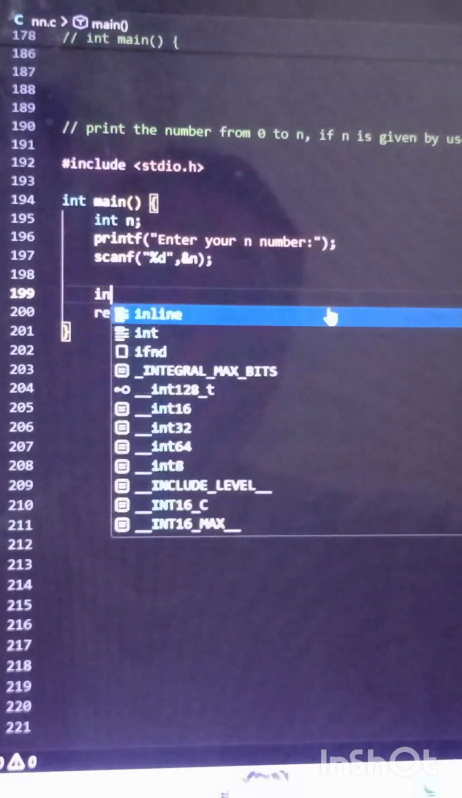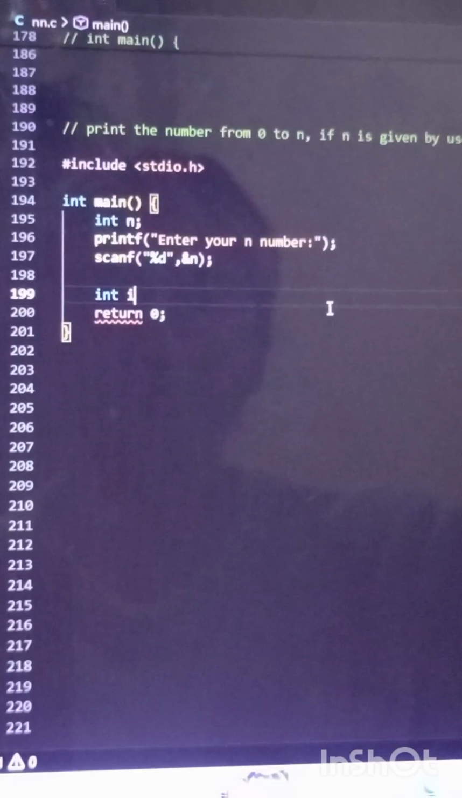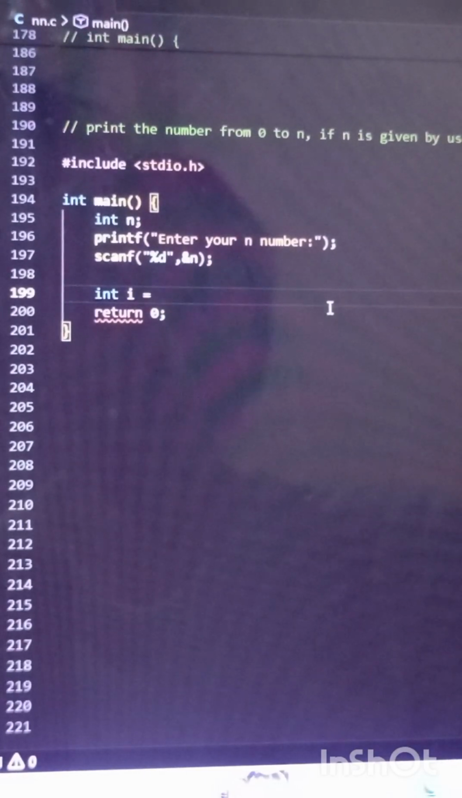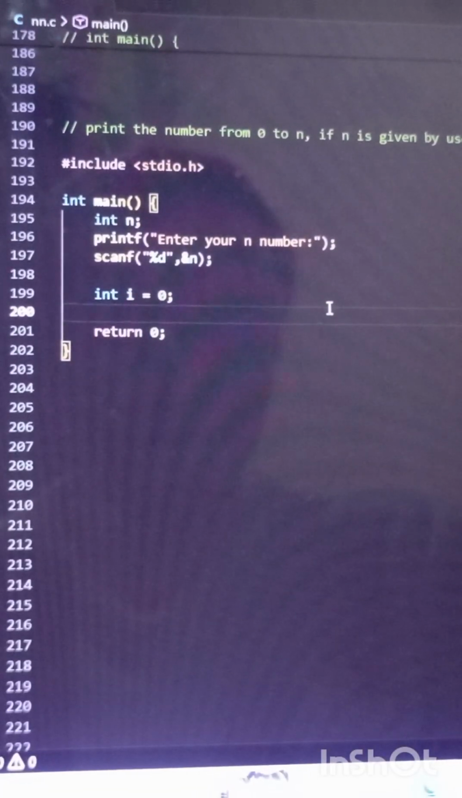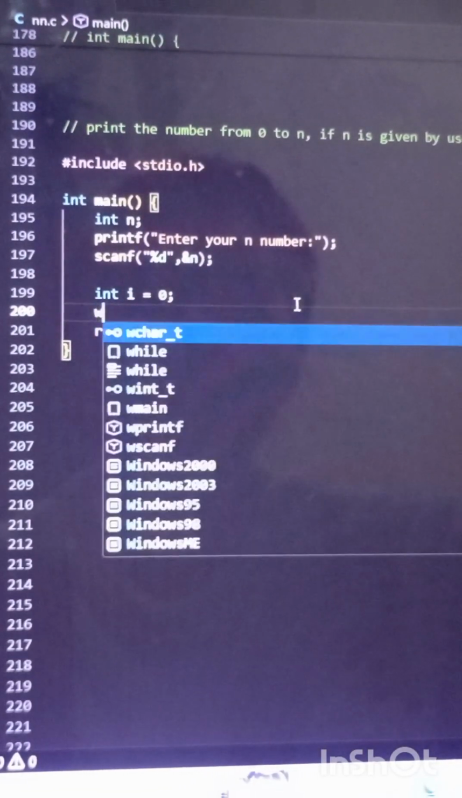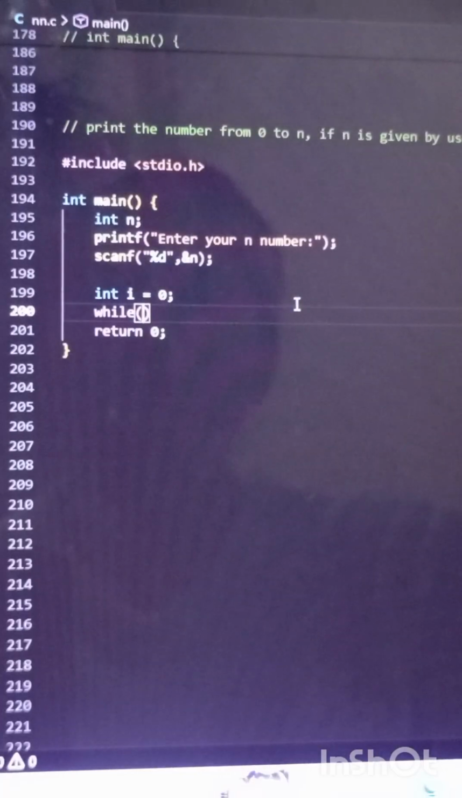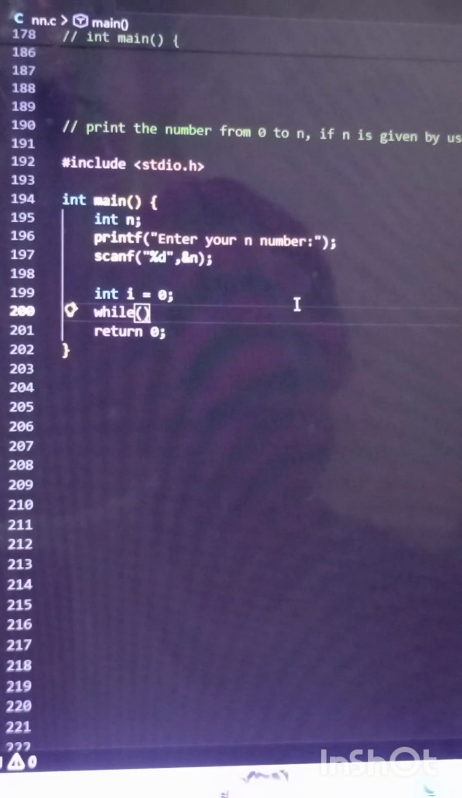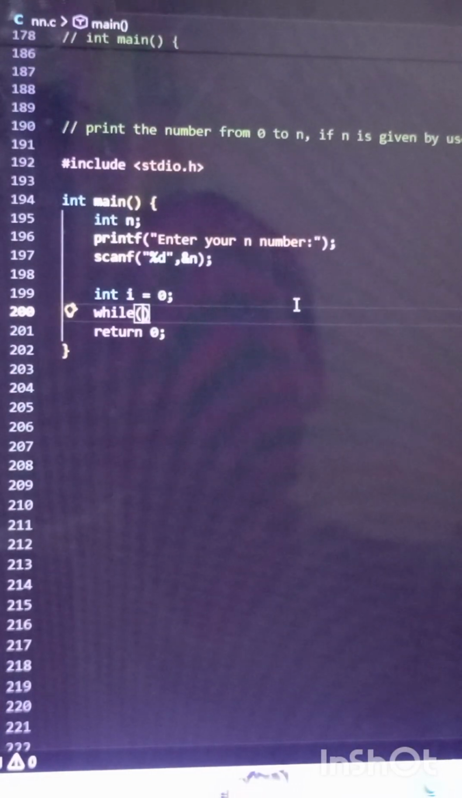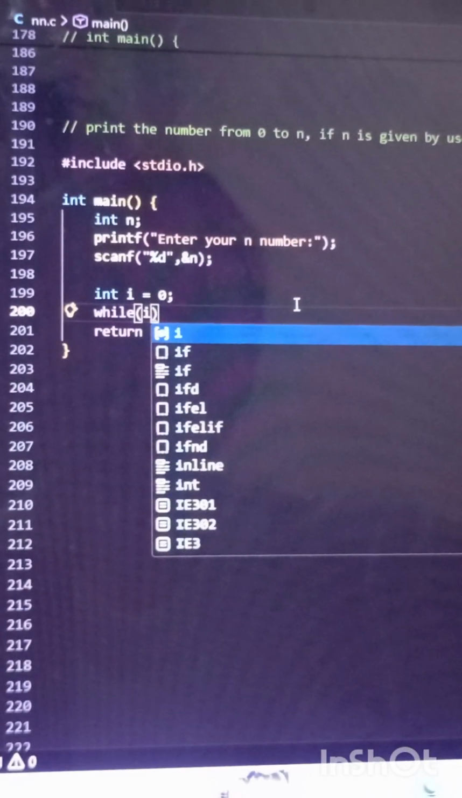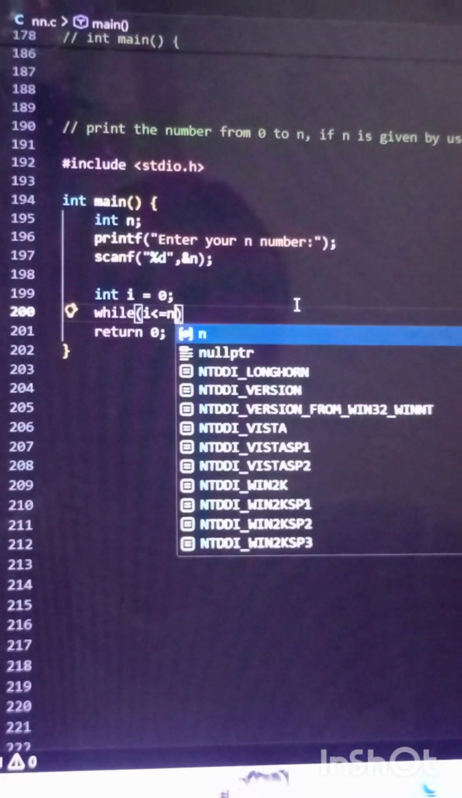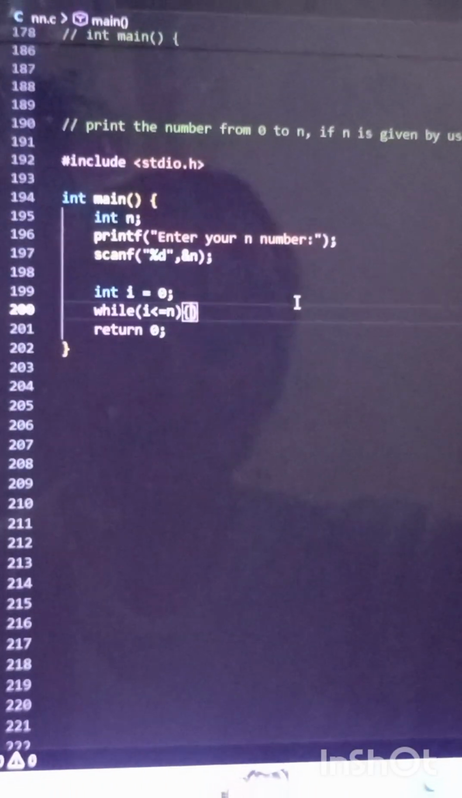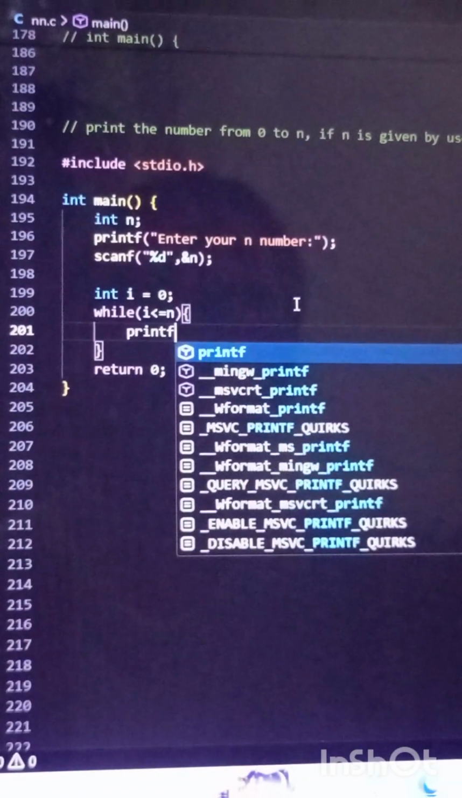So first we will again declare our I variable. From there we can start our while loop, which means we have to write a condition. So while I is less than or equal to n, then print,